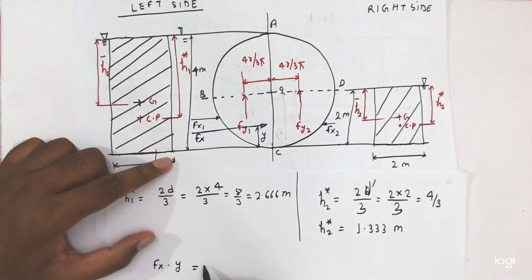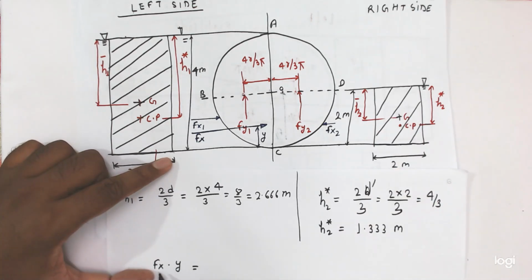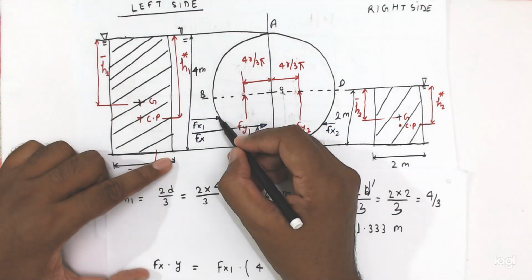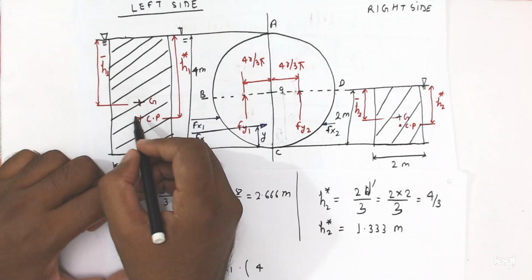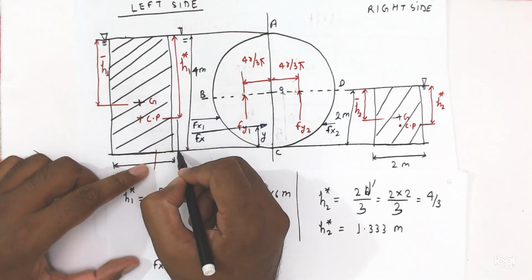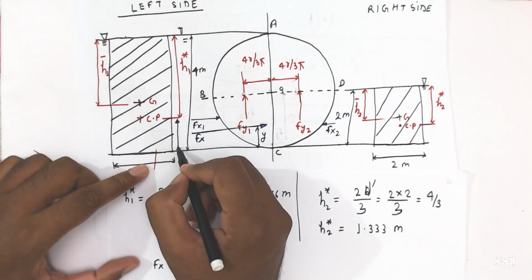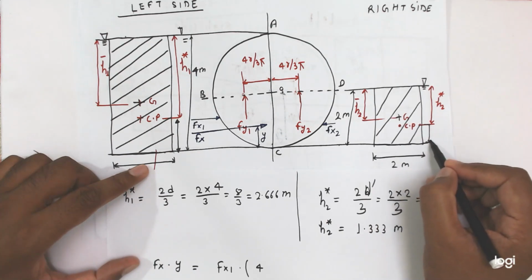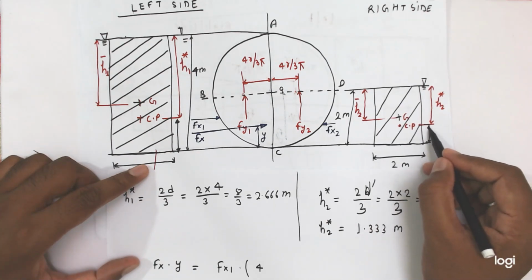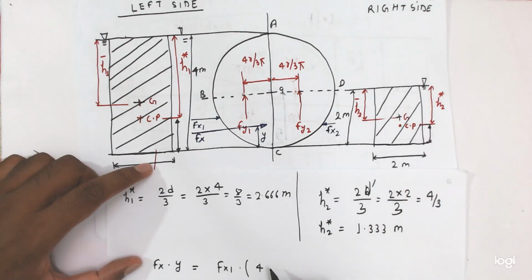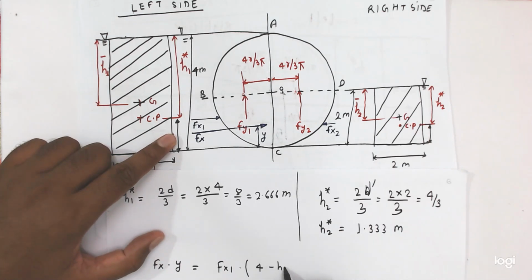So how we calculate: Fx net force into y equal to Fx1 into this 4 minus H1 star, minus